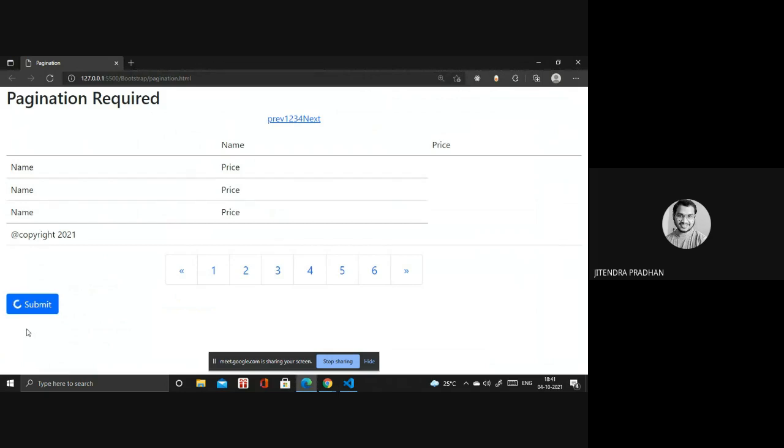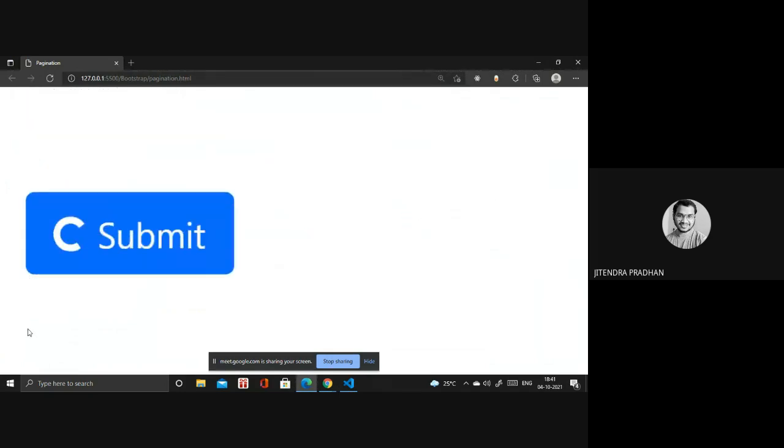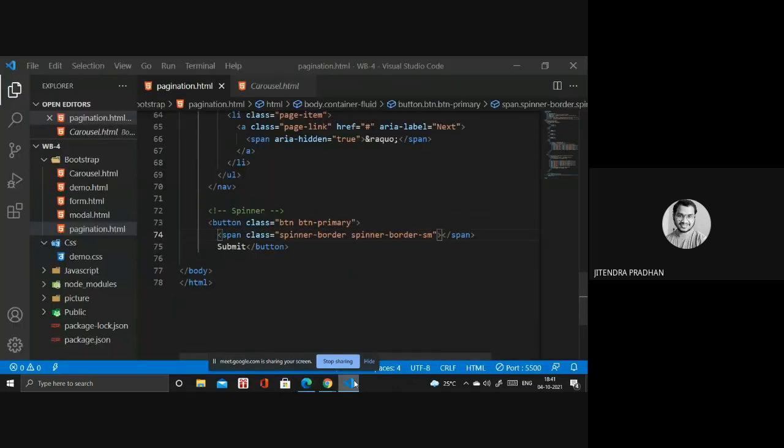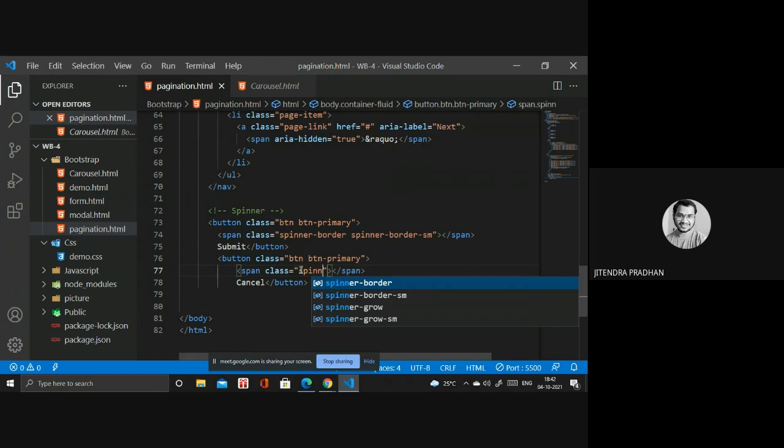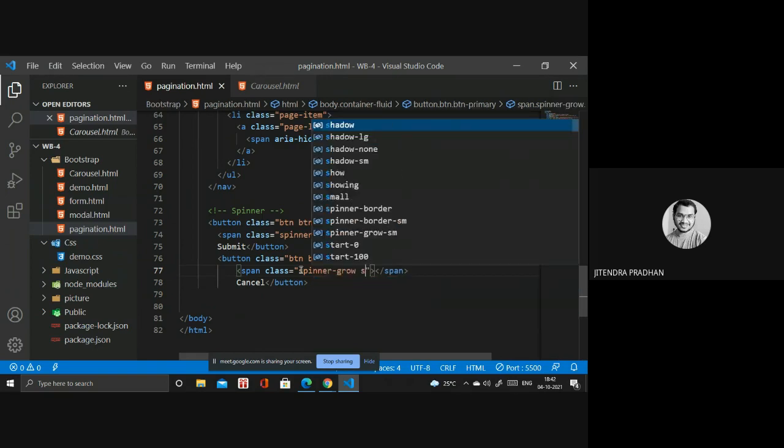Okay, have you observed that one? Inside we have the spin. Okay, and we have something else also. If I copy that button and paste it as another one, cancel. If I write spinner grow, the other one we have is spinner grow and spinner grow sm.